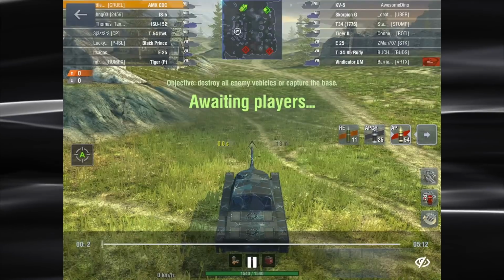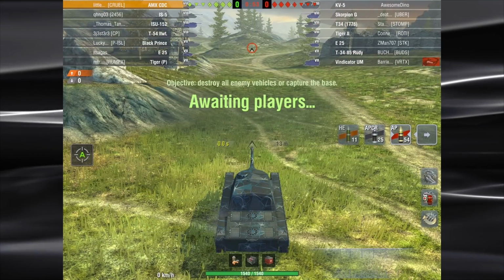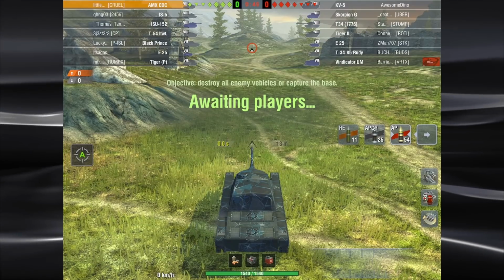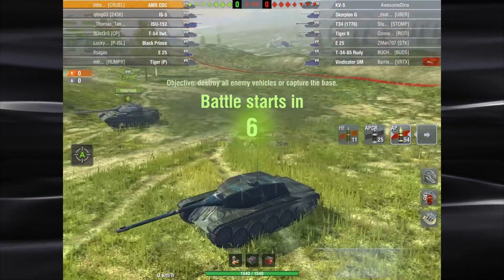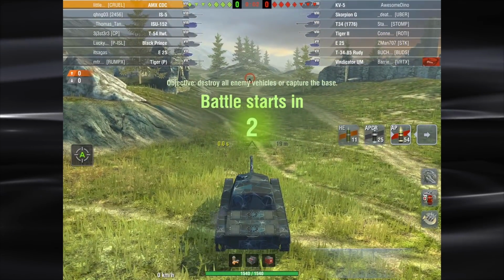Alright guys, Middleburg. Yeah, top tier. And this is a map that this tank was made for, with all of these hills. Being able to accelerate as fast as this tank can. This tank is going to excel on this map, I'll tell you that. If you get a team that doesn't go down. So anyway, we're